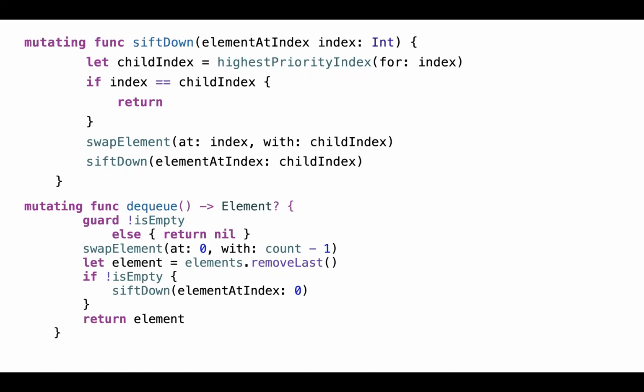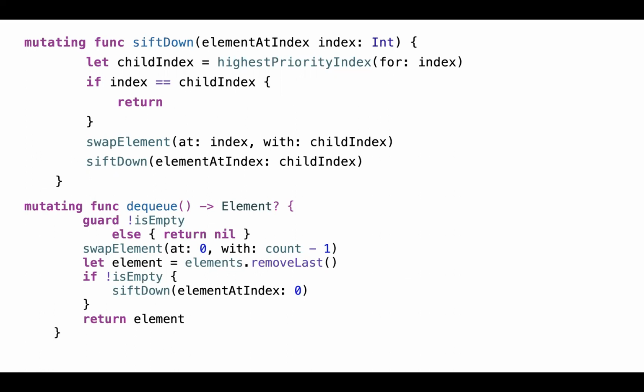We store that element for returning. After removing it, if there are still elements in the array, we do shift down, which will percolate down and keep on maintaining the max heap or min heap property.